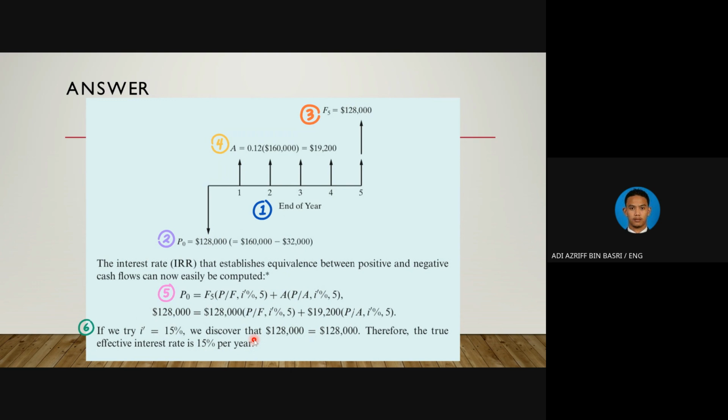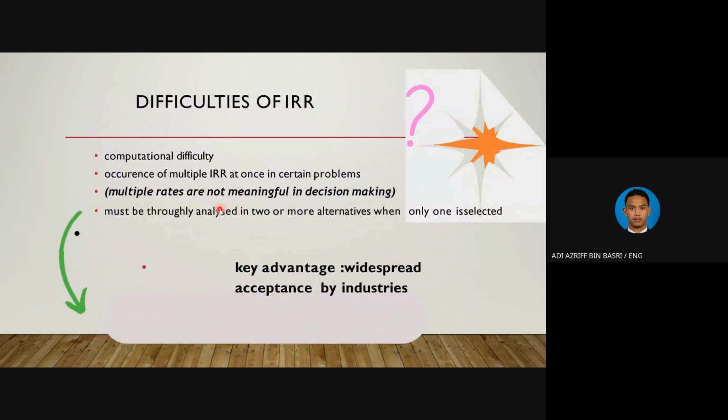Okay, so the difficulty of IRR is, one, computational difficulty. Second is the occurrence of multiple IRRs at once in a certain problem. Multiple rates are not meaningful in decision making. And